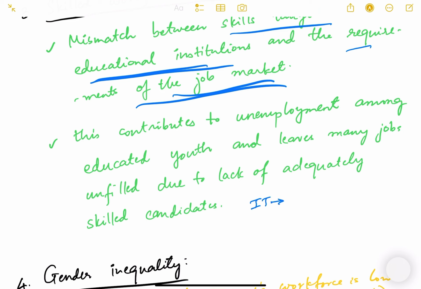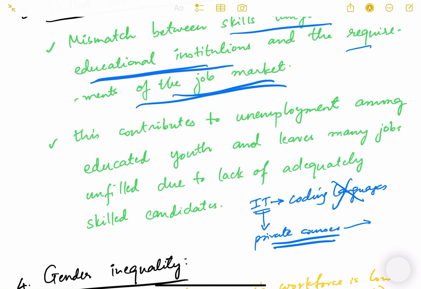In the IT sector, the skills that are taught, or the coding languages that are taught to our engineers, whatever they learn in engineering colleges, are outdated, so they are no longer used. The world has moved much ahead. Now these IT students have to go and join some private coaching, private courses, and do crash courses for 3 months, 6 months, and then they find a job in some company, after getting skills which are modern day skills. So that is a very sad state of affairs actually. Our education is not teaching them the modern day skills. So we need to look into this.